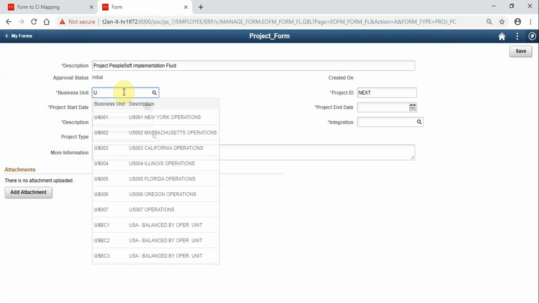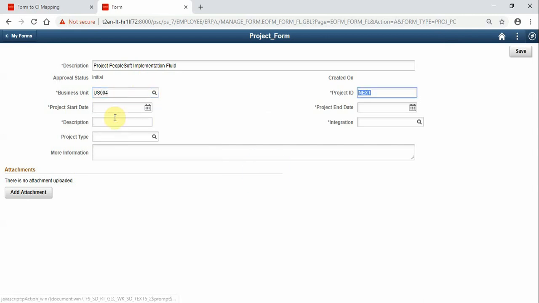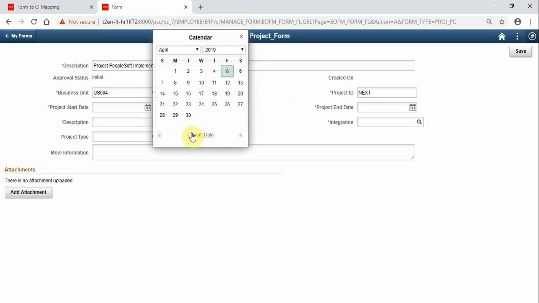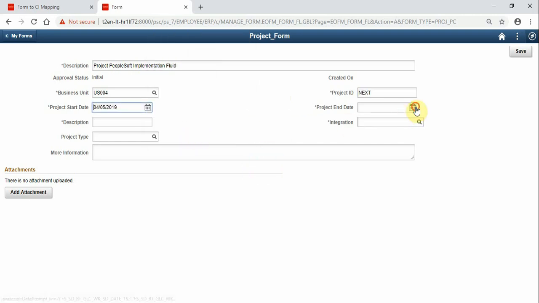But you can also fill it in directly. Here's the next, which was the CI property default that I selected, next. I can also override it if I want to with something else, but in this case I leave it to next so that it does incremental sequential numbering. I'm going to put in a project start date, and I'm going to put in an end date